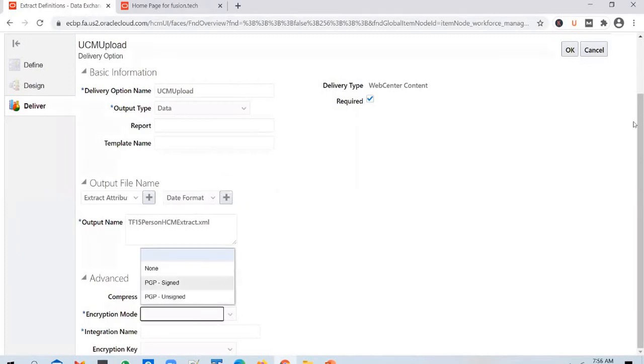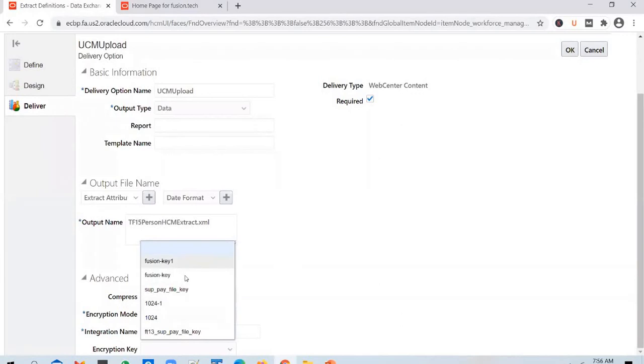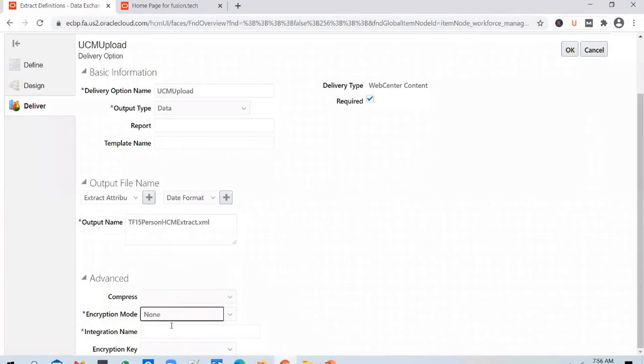You can click on this drop down and select PGP sign. If you select PGP sign, it will ask you to select the encryption key again here. So what key do you want to use to encrypt the file? Okay. So we don't use it here, but remember, if you're generating payroll information or extracting something which might contain sensitive information, then you need to use encryption here.